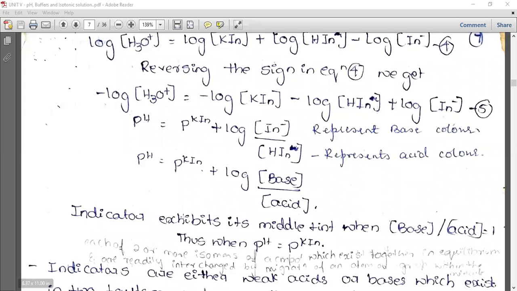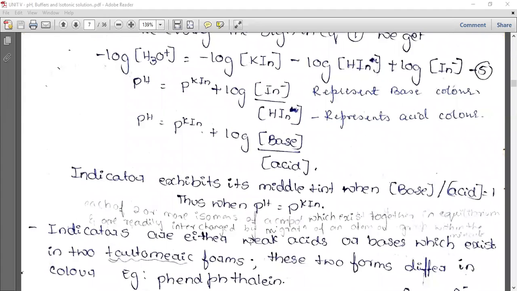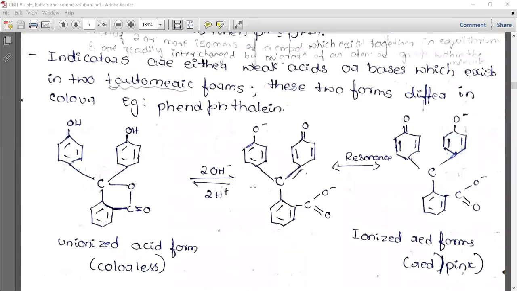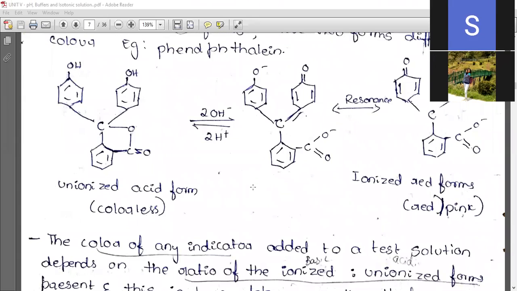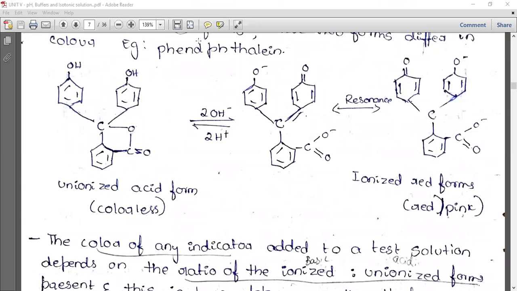Okay. Not only this, the indicators in general, for example phenolphthalein, exist in tautomeric form. What do you mean by tautomeric form? Tautomers are nothing but they exist in resonance with each other. That is, whatever atoms are there, they keep resonating. Resonating is nothing but they keep moving. So phenolphthalein is one such indicator, wherein in unionized form, it will be colorless. As I said, in acidic pH, it will be colorless. And on adding